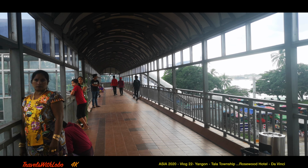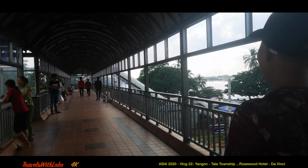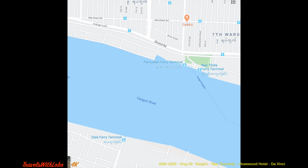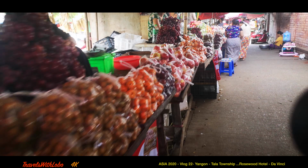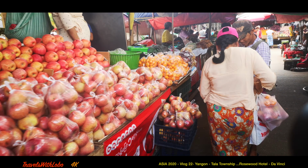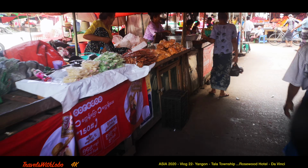We're going to take a ferry to the other side. The Yangon region has 44 townships, and one of those is directly across from downtown. That's the Dala Township. It's mostly a rural area, so we're taking a ferry from downtown to the Dala terminal. Our time is limited, and we only want to see a part of Yangon where there are tuk-tuks and motorcycles. Barb already noted the ferry looks heavy. You know those stories about ferries sinking in the Irrawaddy, but you got to be